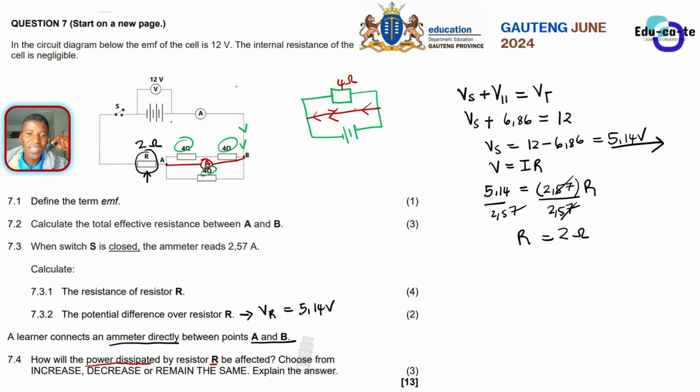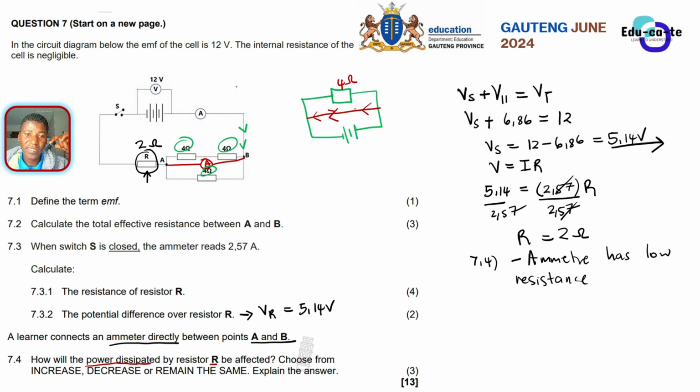So it's known as a short circuit. All right. So basically this emitter has got very low resistance, so it will short circuit this entire combination. So that's what you have to talk about. Here, explain that the emitter has a low resistance, so it will actually short circuit this. You can say it will short circuit, or you can use physics terms to explain it.